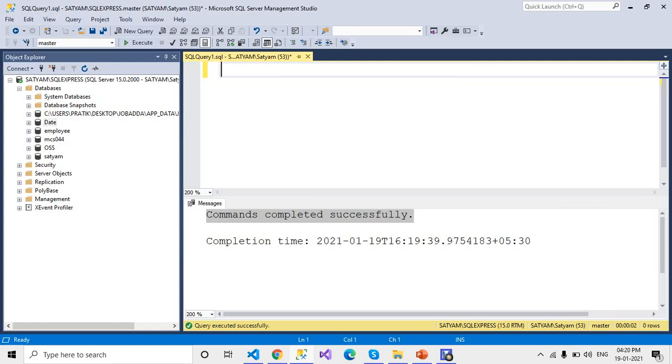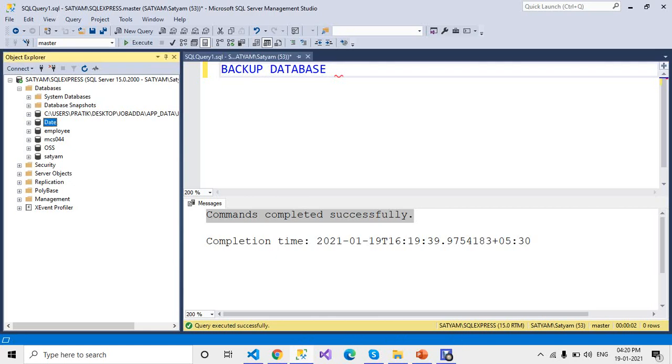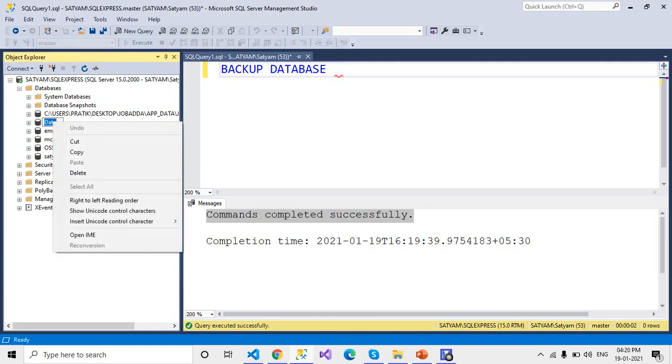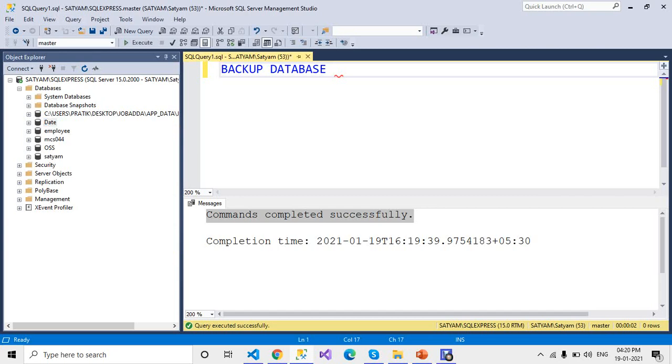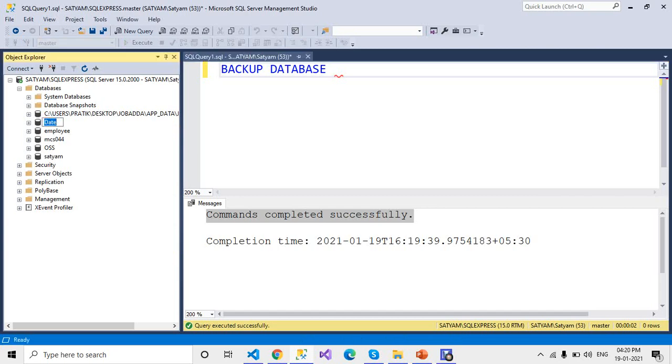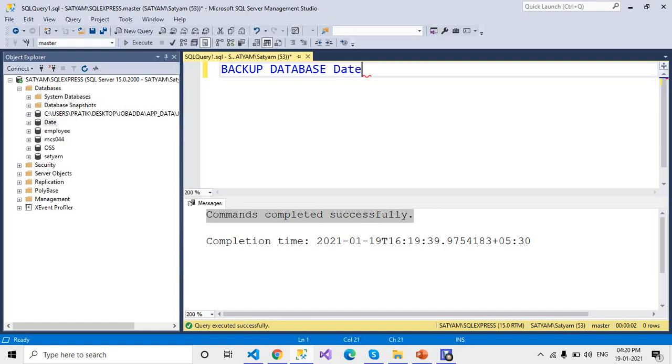The command is BACKUP DATABASE and your database name. Just copy the name and paste it, date, and then the path where you want to save this backup file: TO DISK equals.